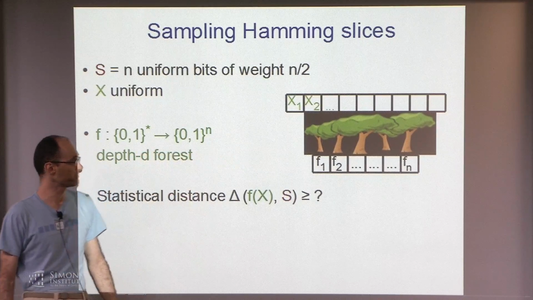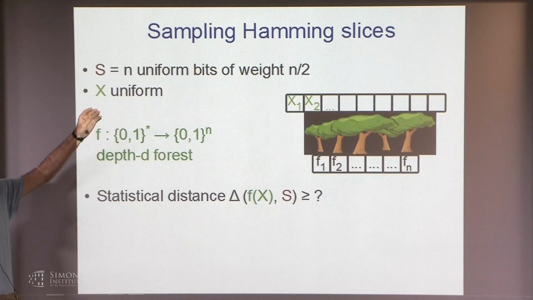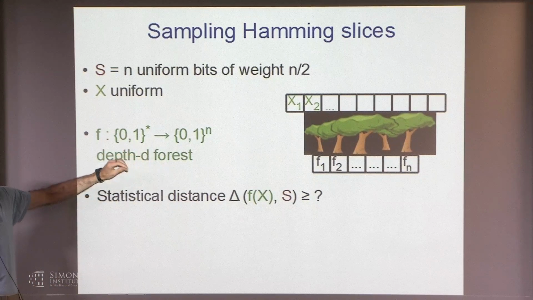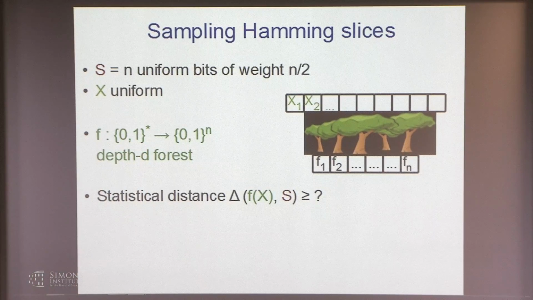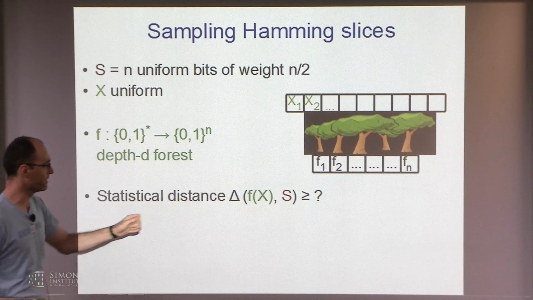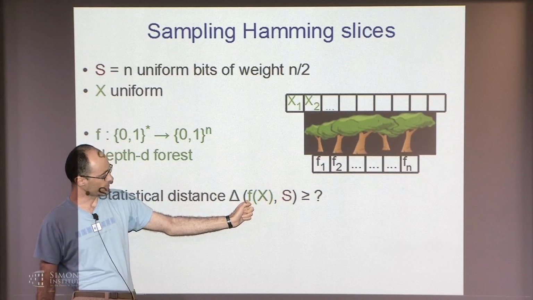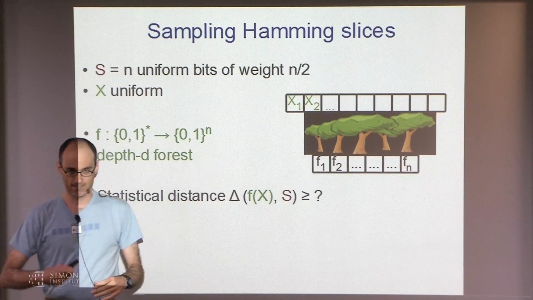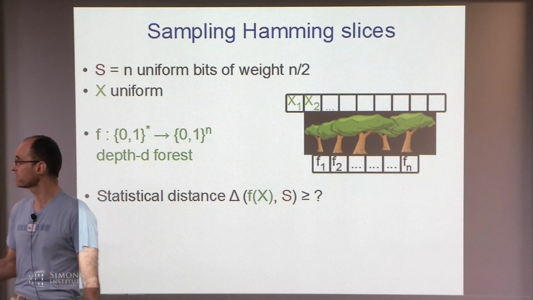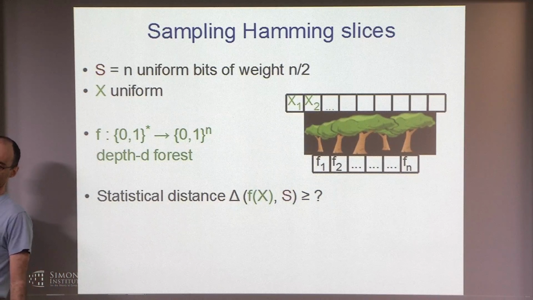Okay? So you can hope to sample this thing exactly, but you may ask how far do you have to be from this distribution, and we measure distance in terms of statistical distance between the target distribution S and the output of f on a uniform input x. Okay, so the statistical distance is a natural notion of distance of distributions, which is written here. So it's how well a test can tell two distributions apart.